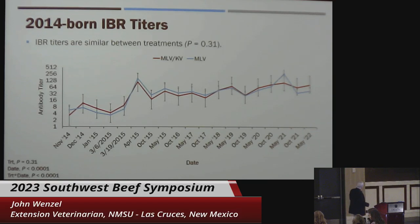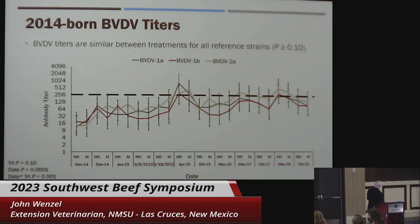Anyway, what we saw was that the titers were really similar. We didn't see a lot of difference. Not surprising, because the chemically altered vaccine behaves like a modified live, so I wouldn't expect a lot of difference. And that's what we saw. When we look at the BVDs, we start to see some differences. There in 2014, cattle that had the modified live at branding, that's the only time they got it. And then the killed ones, there's not a lot of difference there. They're pretty similar,